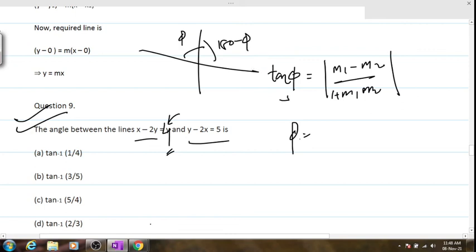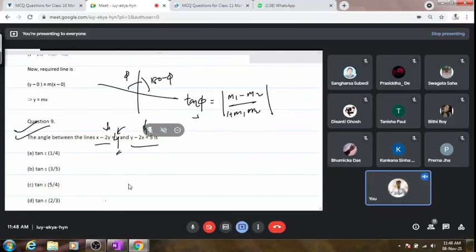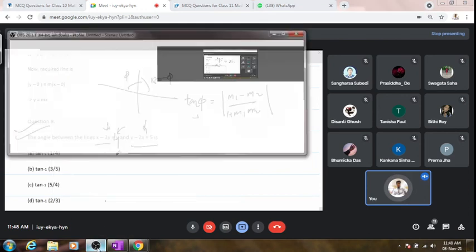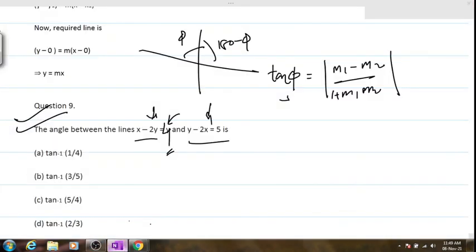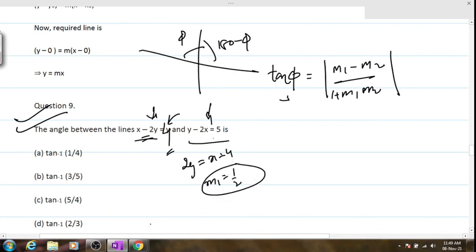Kindly copy this thing and then latch onto it. m1 and m2 happen to be the slopes of the two given lines. Bhumika Das, I would expect you to answer in the class. Pause if it requires any help. The m1 out here will be, from 2y is equals to x minus 4, m1 will be half and m2 will be equals to 2.